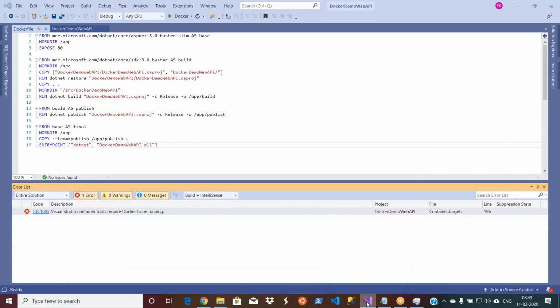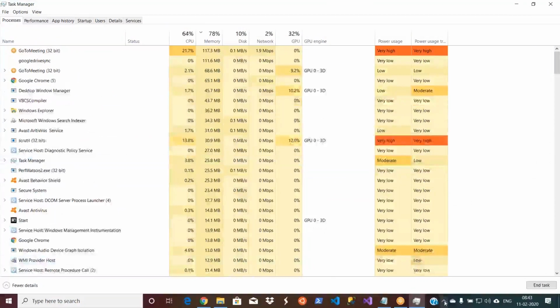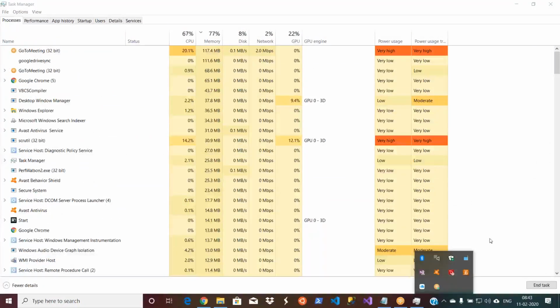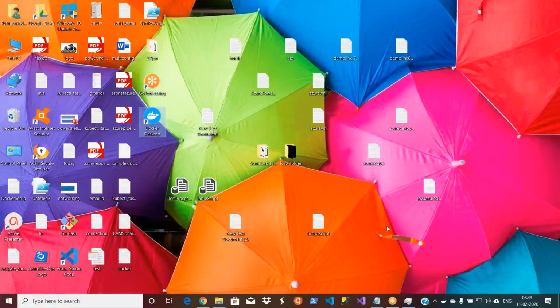What I do, let me close this Visual Studio. I will get some space and then I will run my, okay. Now I will run my Docker. Let me go to Docker. All the latest laptops have the hypervisor enabled by default. So Docker desktop is running.